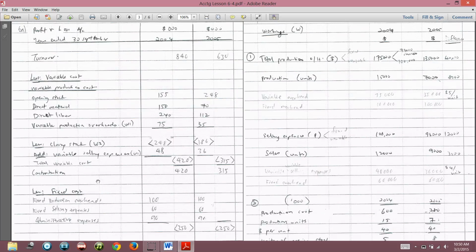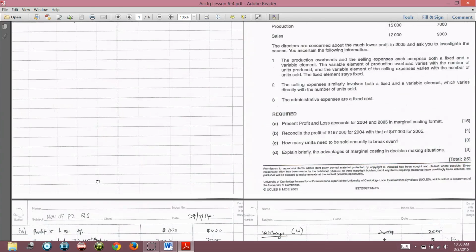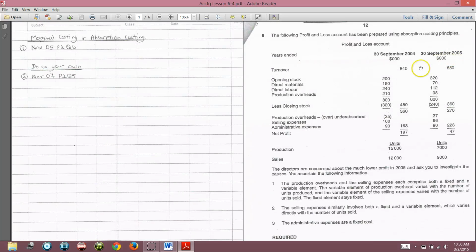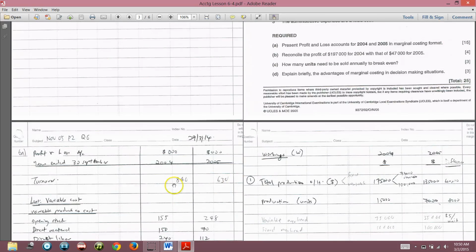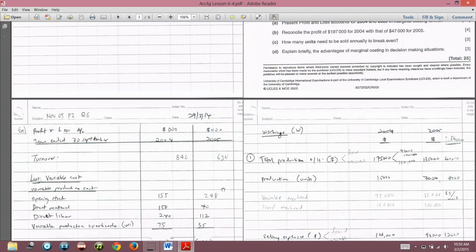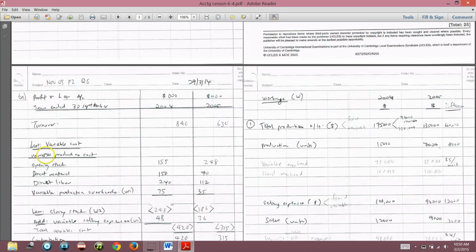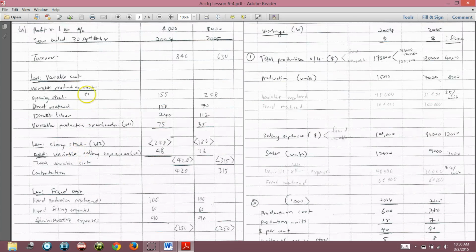Okay, so we have started. So the turnover figure we will copy from here. Turnover figure is given, 840 and 630. Okay, then after that, under variable cost, you see, in a company, you